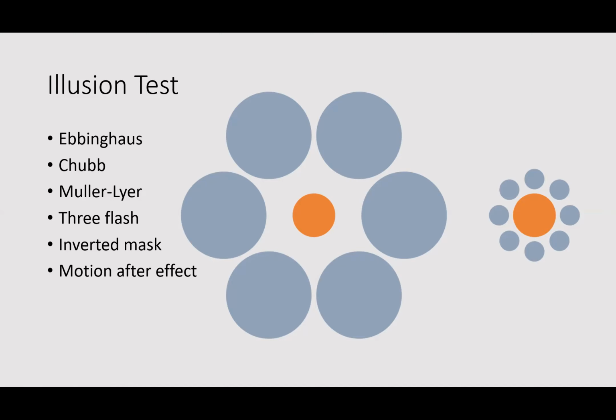I forgot to include the example of the Muller-Lyer illusion, but it's basically two lines next to each other that are the same size, but they have arrows on the ends of them, and one line looks really small and the other looks really big, but they're actually the same size. And this might be due to the way that there are so many lines in city environments. We're presented with so many lines that we end up habituating our responses to them because we've had enough time and enough exposure that we can predict what we're seeing without actually trying to analyze the environment by directly looking at it.